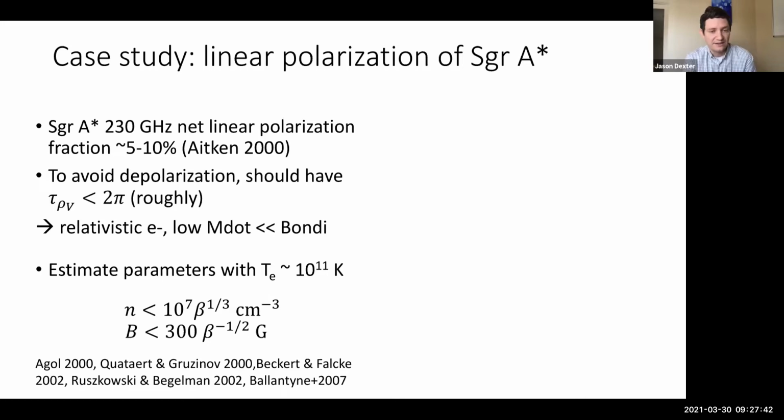And so this was done immediately following this discovery, considering constraints on plasma properties from just the presence of linear polarization. Okay, and there are a lot of interesting twists on this. One of them is that to get this to work, you have to assume that there are coldish electrons around at these temperatures.